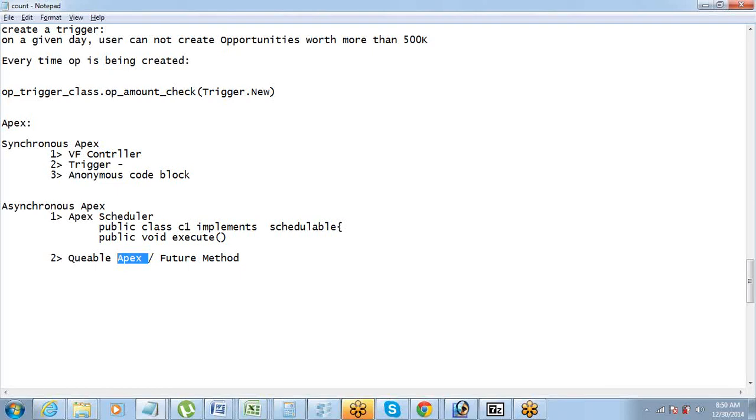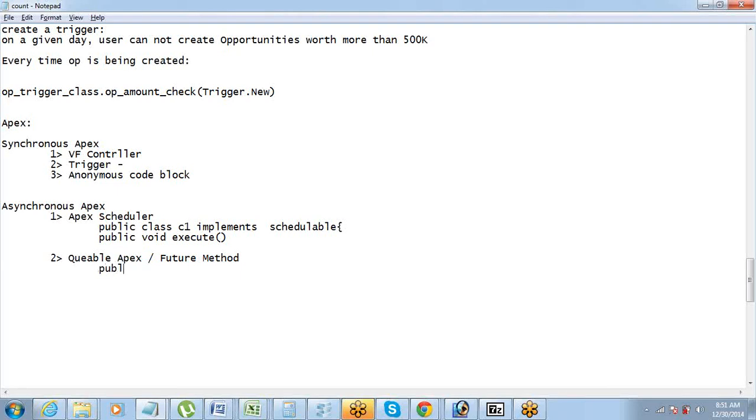But in case you don't want that method to get cancelled, you want that, okay, fine, if the resources are not available with Salesforce, instead of cancelling that method or that transaction, it should queue it up. When the resources become available, then that method should get executed. Got it? So that is the logic here.